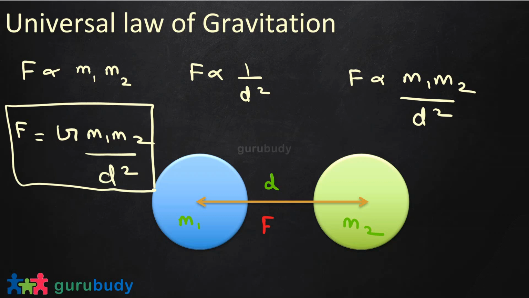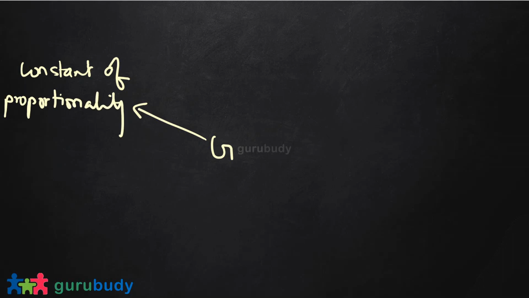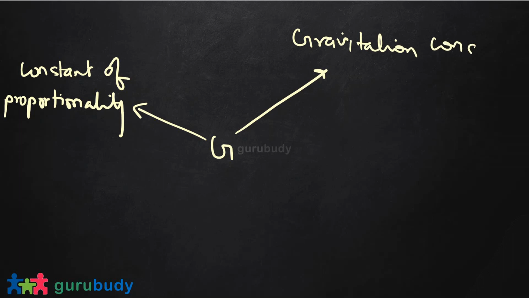Now let's talk about the G. I said G is very important. G is the constant of proportionality. So G, we know, is a constant, right? It's a constant of proportionality. Okay. Now another term for G is that it's also called the gravitation constant. Okay. Now, I want you guys to understand this, because the gravitation constant, what it means is a constant